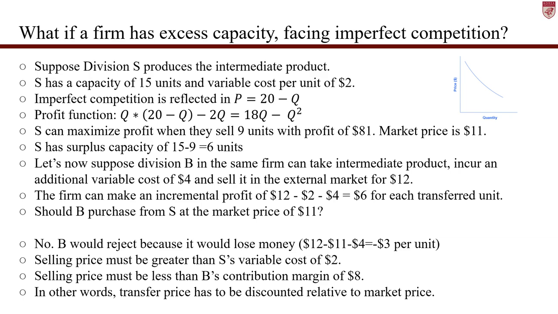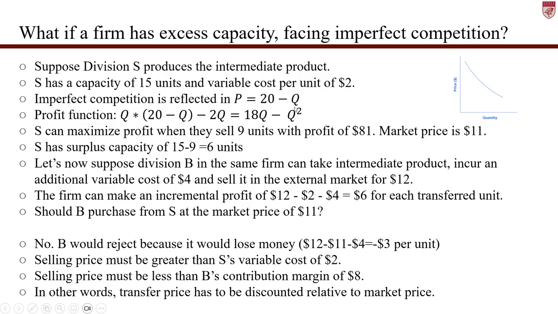So in a case where the firm faces imperfect competition, it means that the firm, or in this case the division, has the power to set the price themselves. So they're not a price taker. As you set a higher price, for example, you're going to sell a lower quantity. As you sell at a lower price, then you're likely to sell a larger quantity. So imperfect competition can be reflected as a downward sloping curve, which is that selling price equals